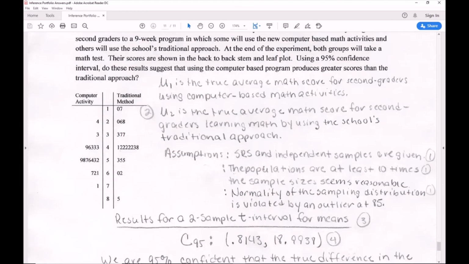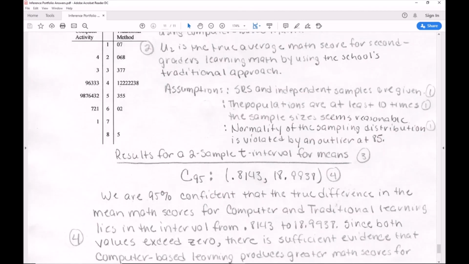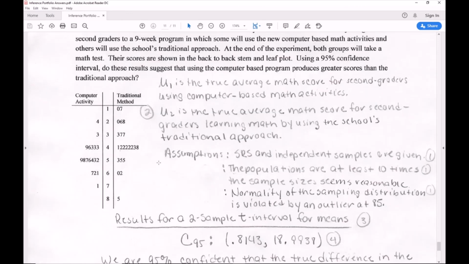SRS and independent, populations are at least 10 times the sample size. You do have to check each one of these for outliers, the computer activity and the traditional. And you had to get them in your calculator correctly. Now it turns out 85 is an outlier. It's not just visually, but it is in a modified box plot. But I would still get the wrong values in here. And it's just because of trying to dig the numbers